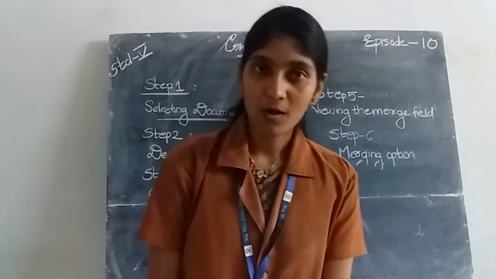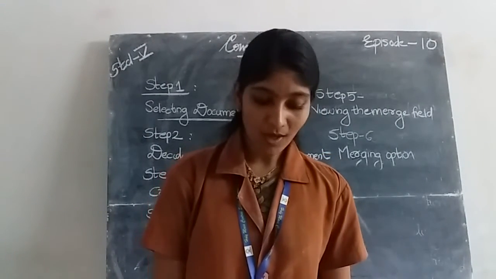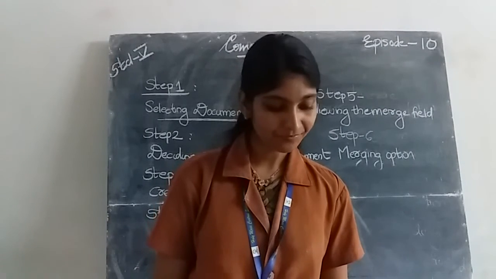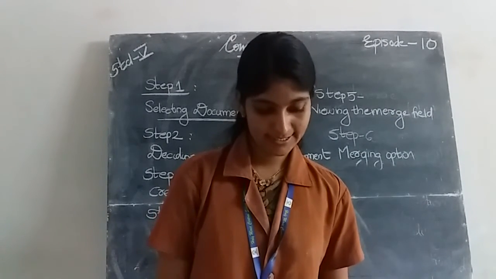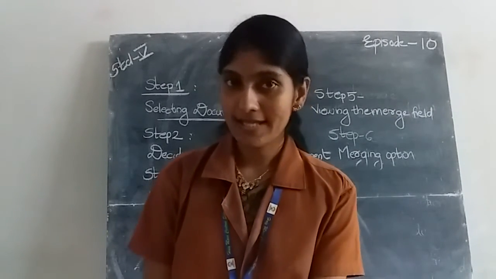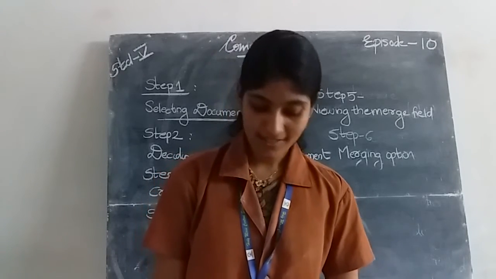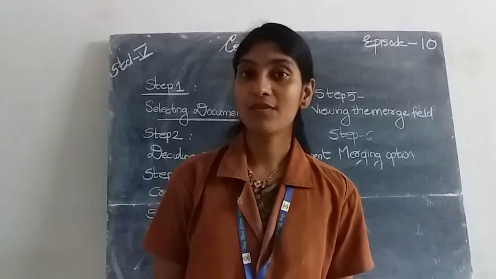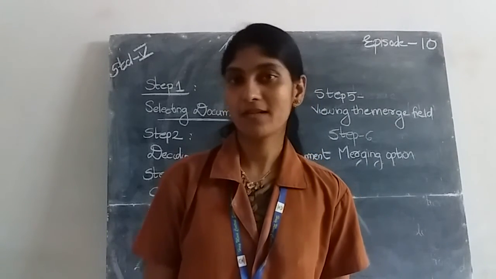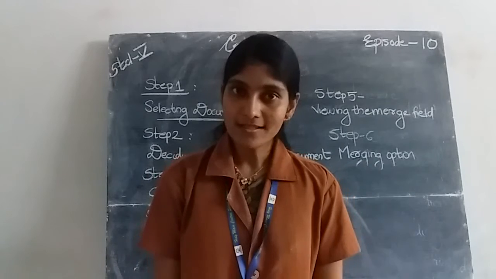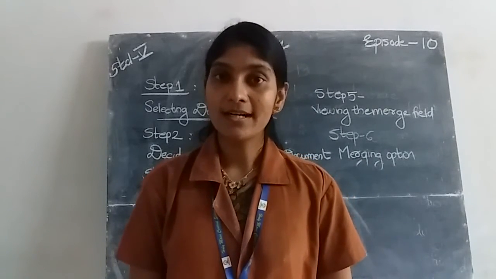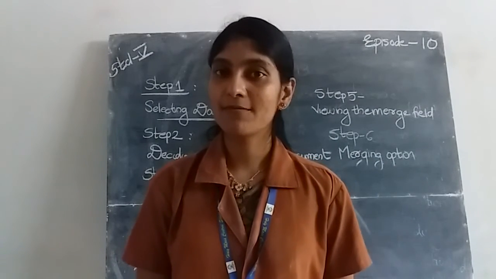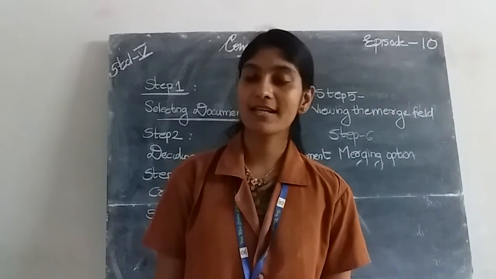So a recap on this chapter. What are the things we learned in this chapter? Can you remember that? Yes. This chapter name is Advanced Features of Word. In Word there are some main features we already discussed in the previous chapters, but in this chapter we learned some additional features. Can you remember what is the first feature we learned in our previous class?